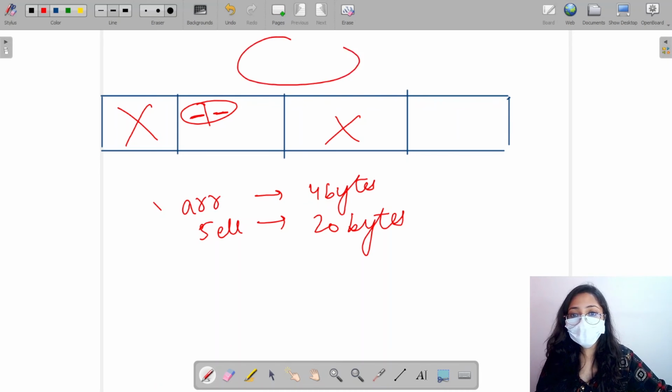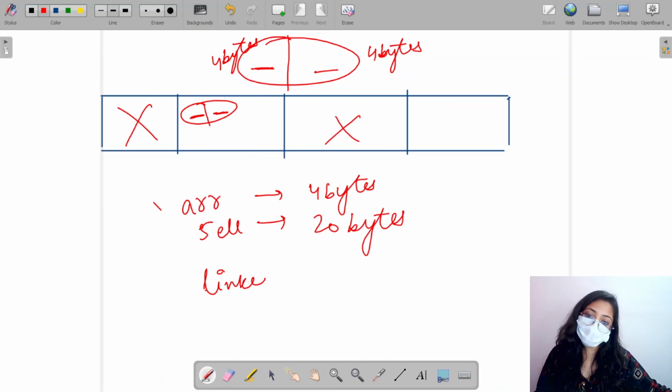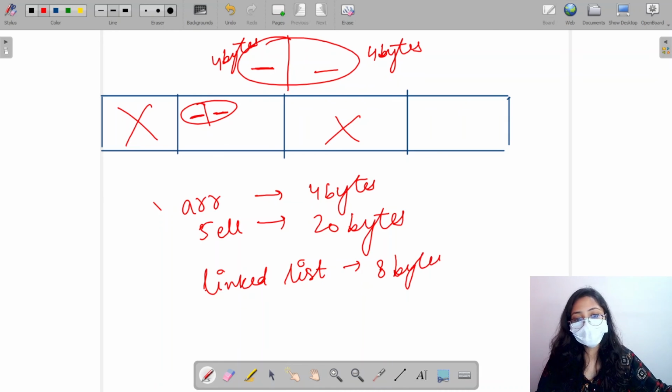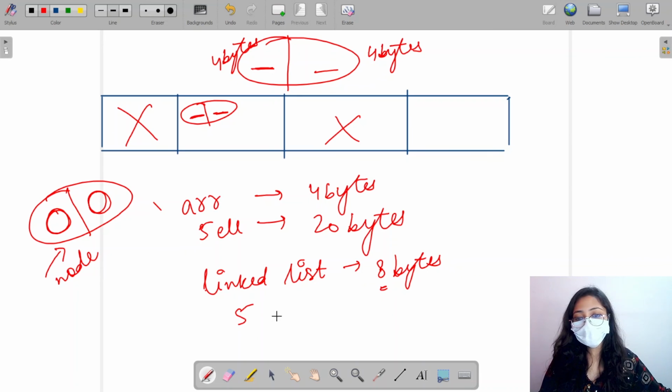So I will take 4 bytes for the data part and 4 bytes for the address part also. So in a linked list, we take up 8 bytes for each node. Basically, we have one part of data, one part of the address, and as a whole, it is known as a node. So one node takes up 8 bytes. So if I have 5 nodes, it will take up 40 bytes.